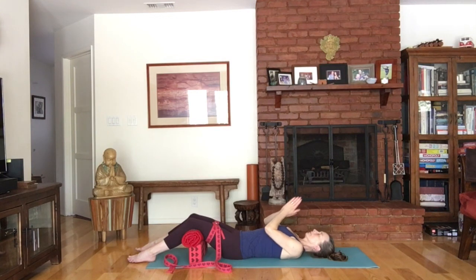You can rub your hands together if you like, and place the heels of your hands to the top of your cheekbones, palms of your hands covering your eyes. And just take your time to eventually